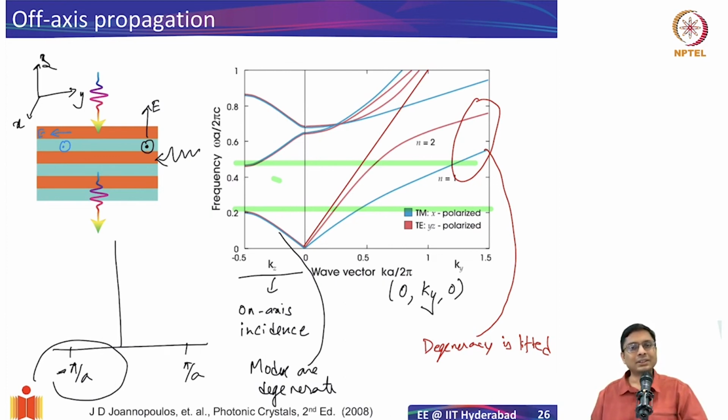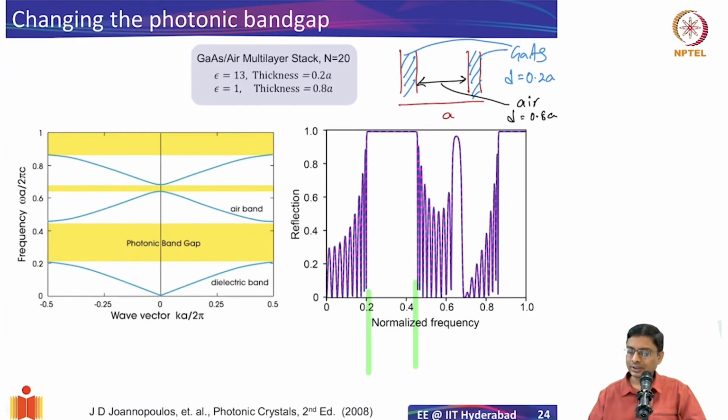Anyway, the take-home message I want to give you at this point is that if you want to have reflection, you saw the reflection spectrum here. It's nicely, highly reflecting, but it's only for normal incidence. If you come with off axis, you will see that the reflection spectrum is modified. And it turns out that if you come at any arbitrary axis of illumination, you will have reflection in one or the other place. So photonic band gaps cannot exist for arbitrary omnidirectional incidence. We'll have to do some specialized things. In 1D, they cannot exist.